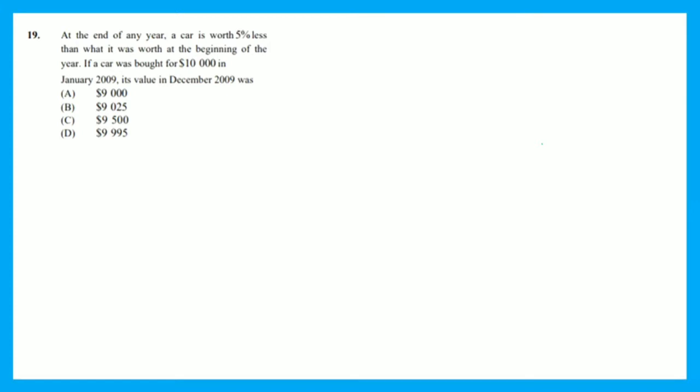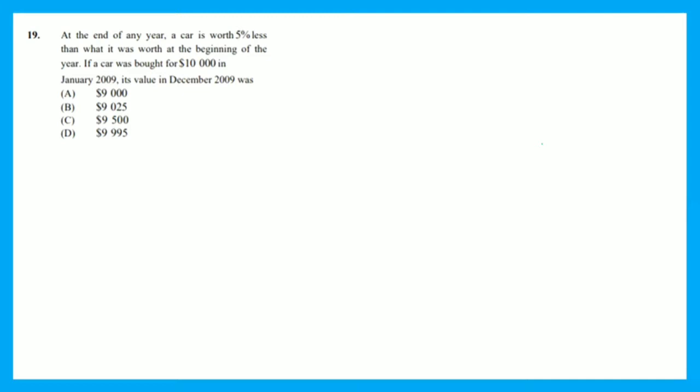All right, let's go. Number 19. At the end of any year, a car is worth 5% less than what it was worth at the beginning of the year. So again, at the end of any year, December, a car is worth 5% less than what it was worth in January. If a car was bought for $10,000 in January 2009, its value in December 2009 was,